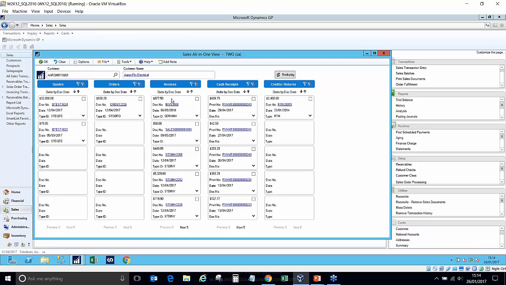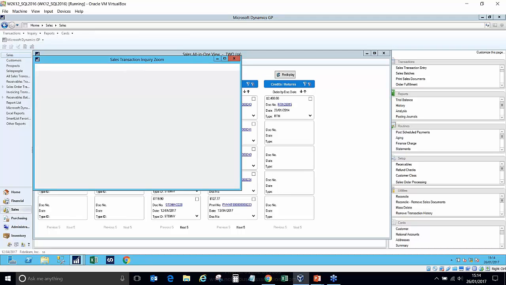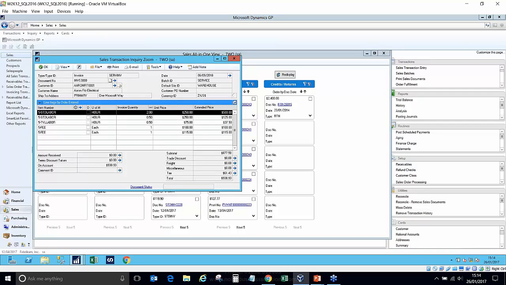Right, okay. Say I want to look at this invoice. I can actually click here on the underline and it will take me into the information about that particular invoice line by line. And the other useful feature that I wanted to show you whilst I'm in these all-in-one views is a new feature that came out in the R2, and this is this little arrow by the tax. And if I click on that,